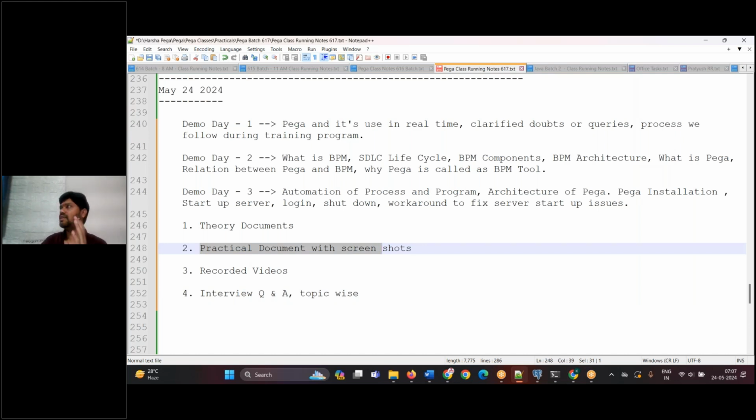If you attend the class, and after the class is over, I share the practical screenshot documents, if you go through the document from beginning to ending and copy paste the same in the PRPC environment, you will be able to do it. At the end of the day, you will get the output result for sure. But you are doing copy paste work, and copy paste work is not going to give you any knowledge.